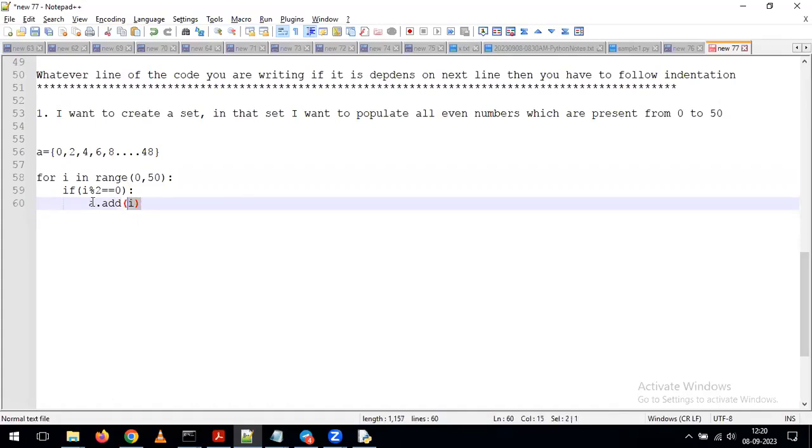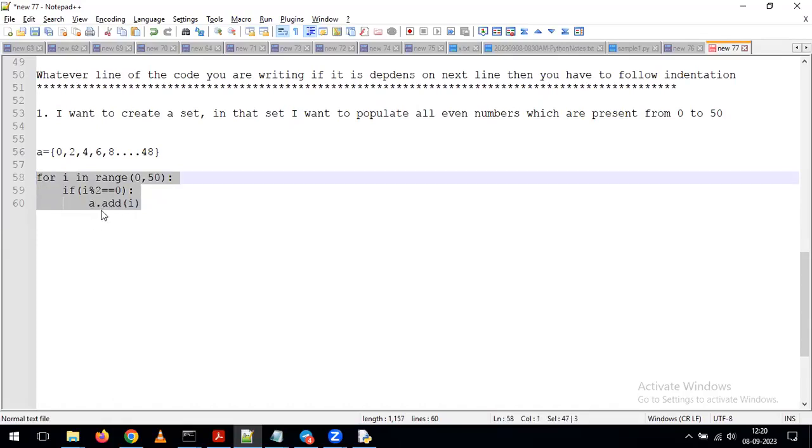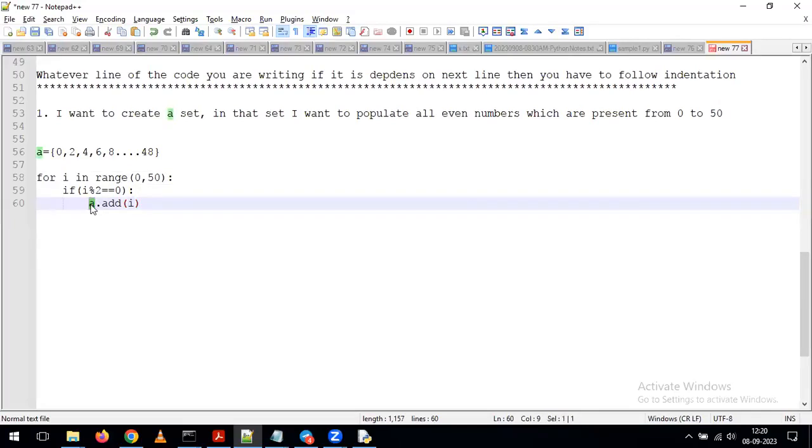But if I run only these 3 lines of code, what will happen? It will give an error saying there is no element called a, because first we have to define the set, and without defining the set we cannot add elements to it. Now my requirement is to define an empty set. You tell me how to define the empty set, above the for loop, a is equal to